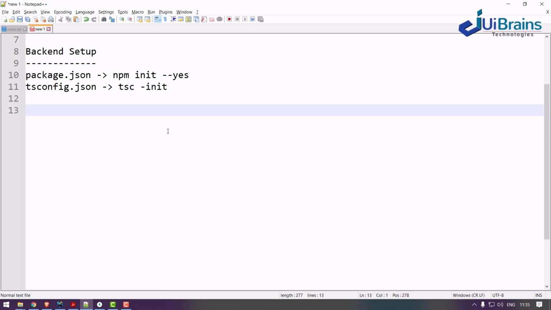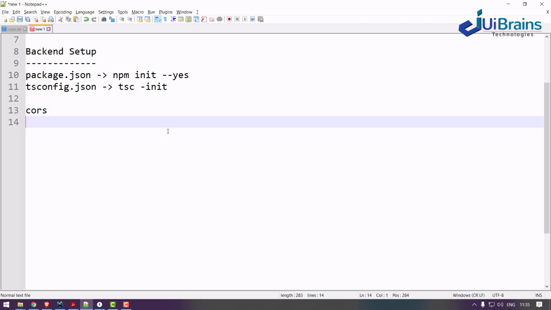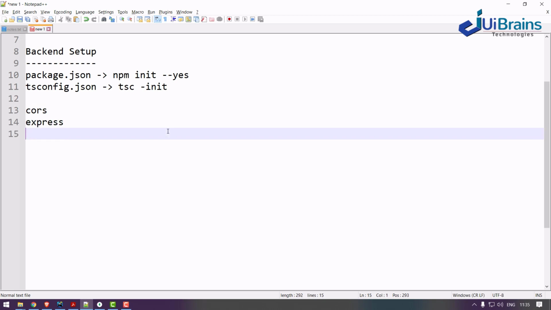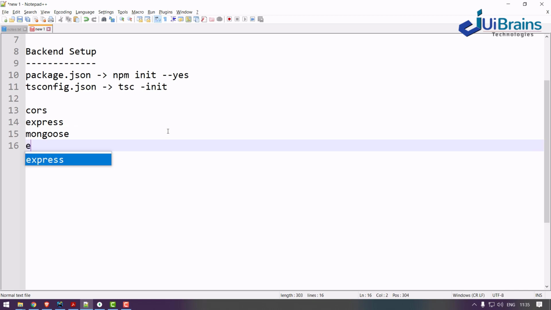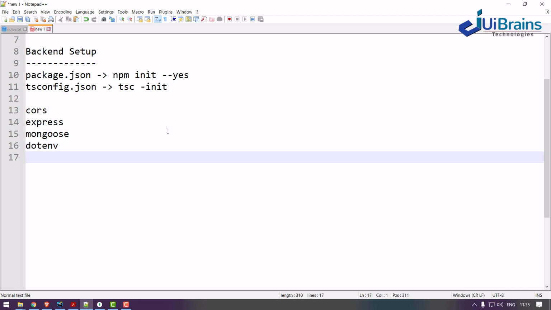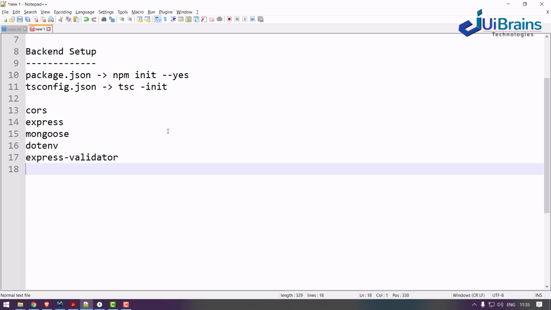The list of libraries we'll be using here is CORS for cross-browser policy, Express for Express.js, Mongoose for MongoDB, dotenv for environment variables, and express-validator for server-side form validation. So: cors, express, mongoose, dotenv, and express-validator.